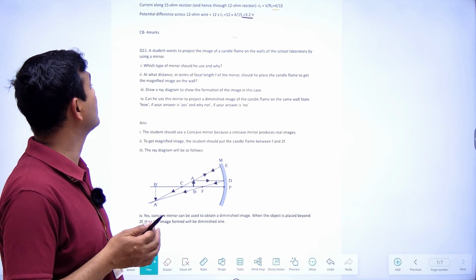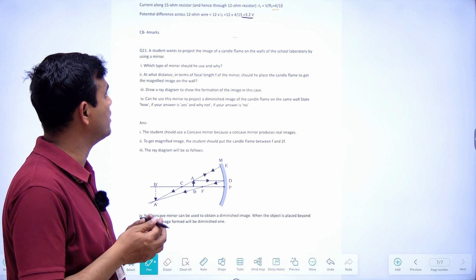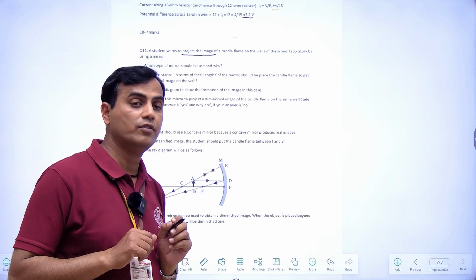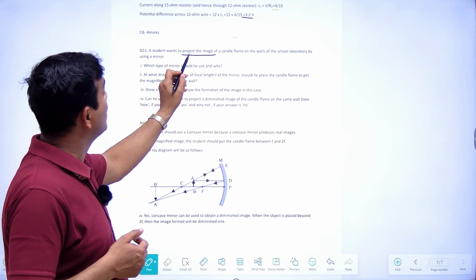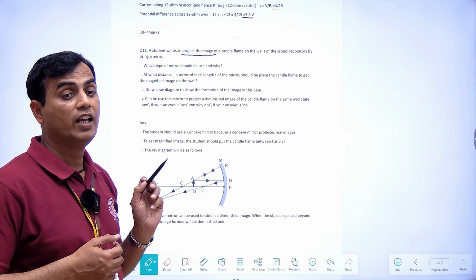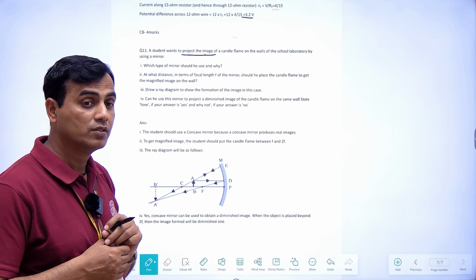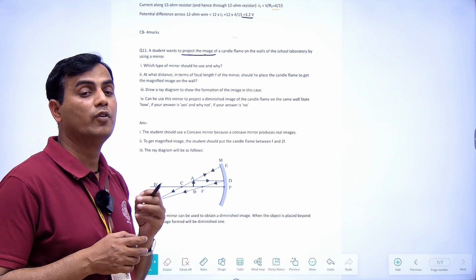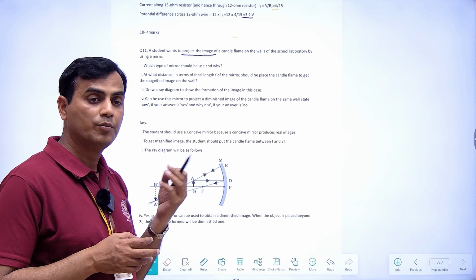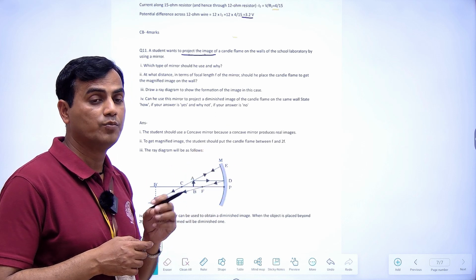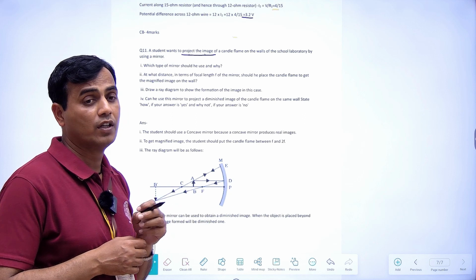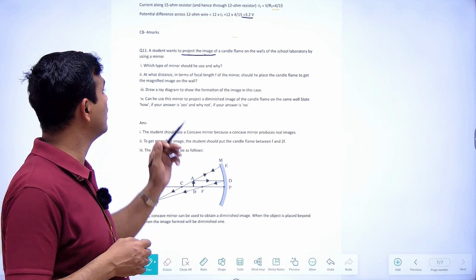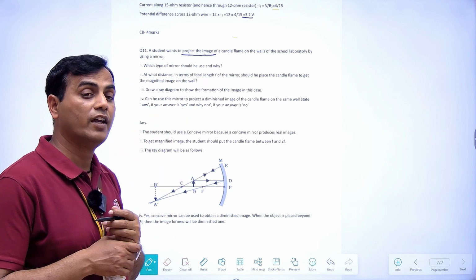Okay, here I have given a case. A student wants to project the image. So in the line itself we have to carry out our projection: if we have to project the image, then the image will be real. So we can work out that a real image will be provided by this lens, or at this position, if the object is put before the focus, or between f1 and f2, or beyond f2. So we can consider these aspects from the question lining itself.